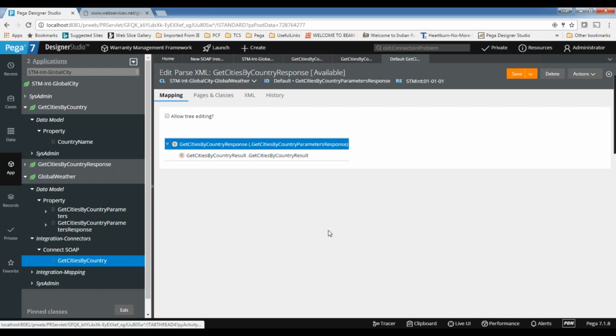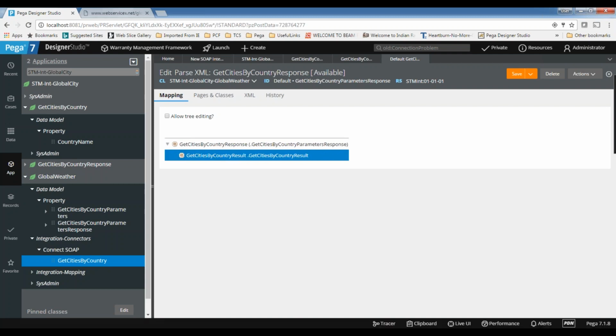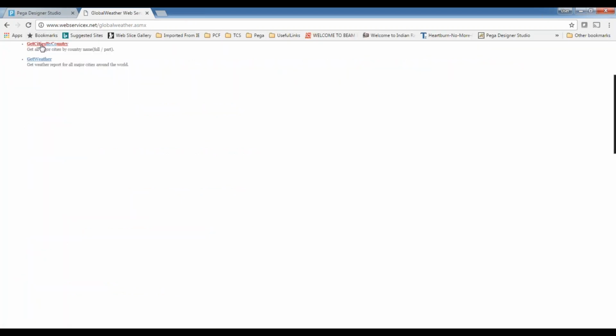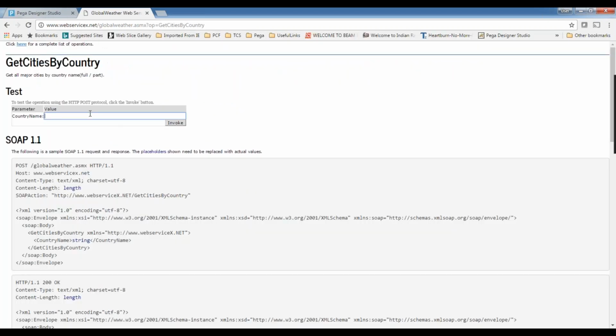You can see here they are giving the response, and whatever response is coming, they are mapping to only a single property. If you run it, when I send India from the Pega application, they give the response in this format.